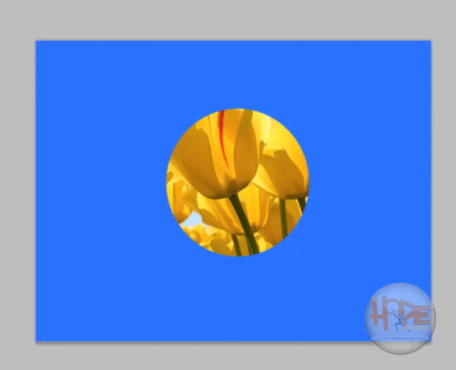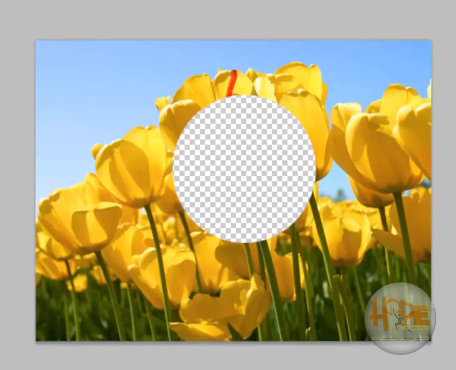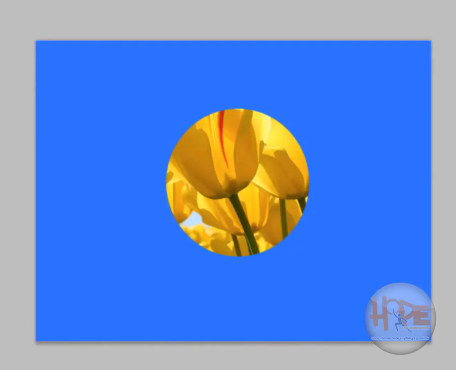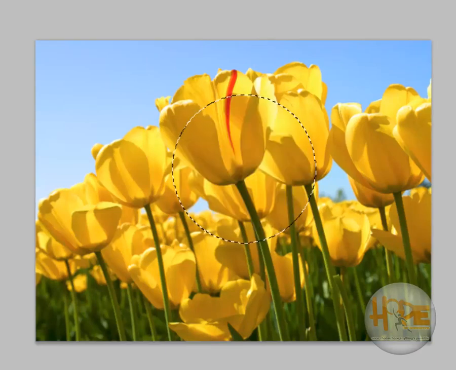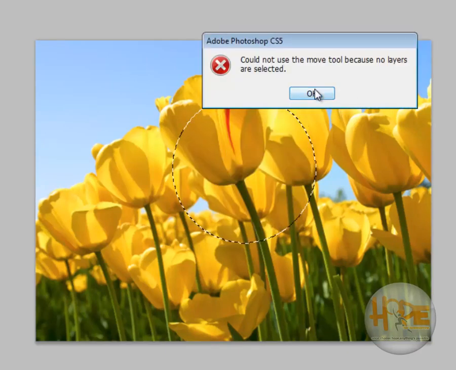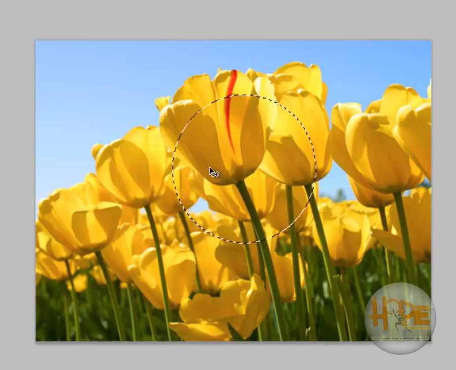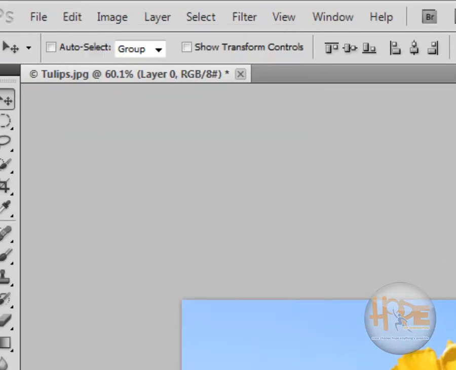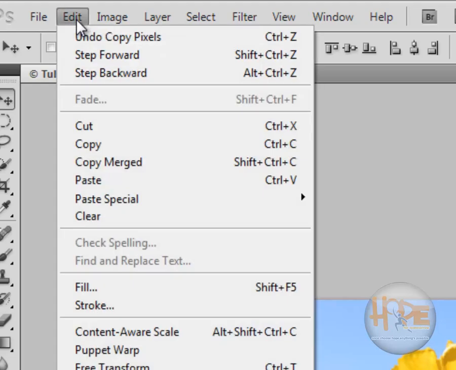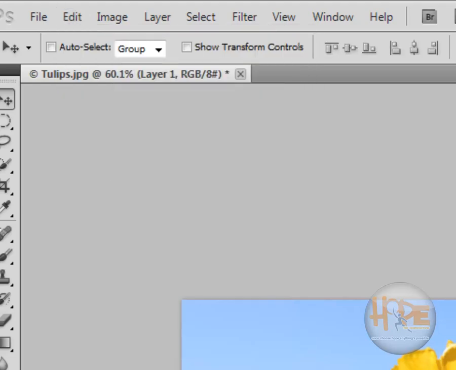If you don't want to cut this from the initial layer, you can select the area, go to edit, copy, edit, paste.